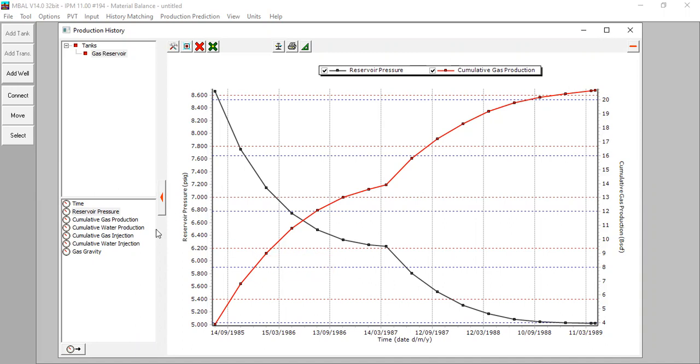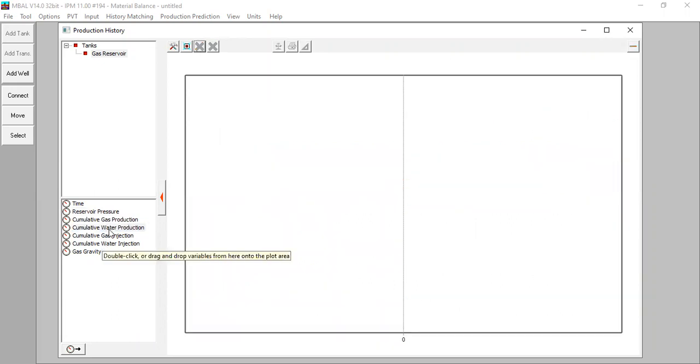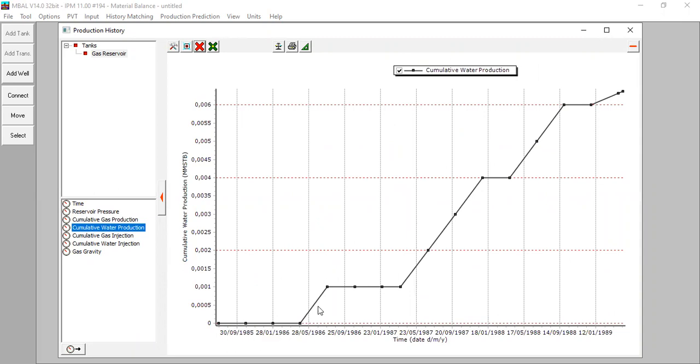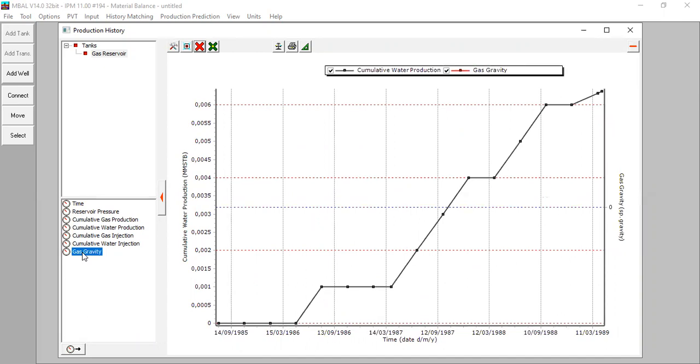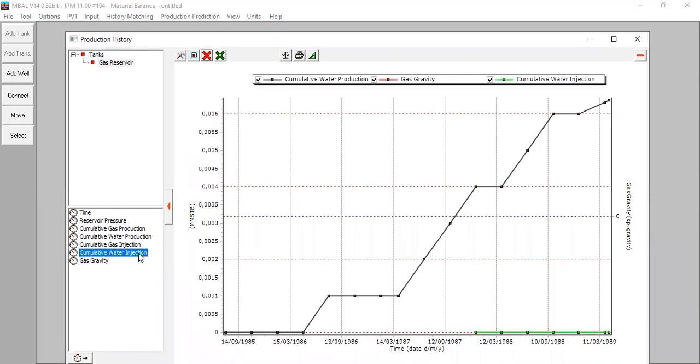You can also plot other parameters like water production, remove all first, check water production. Okay. Check gas gravity, but there is no data here, right? Cumulative injection, there is no injection.